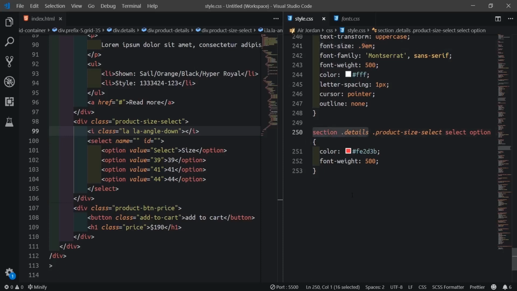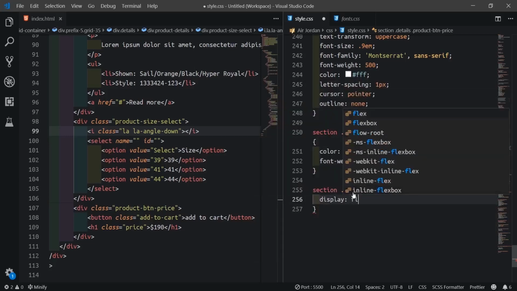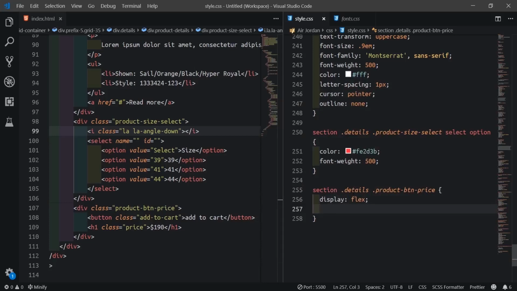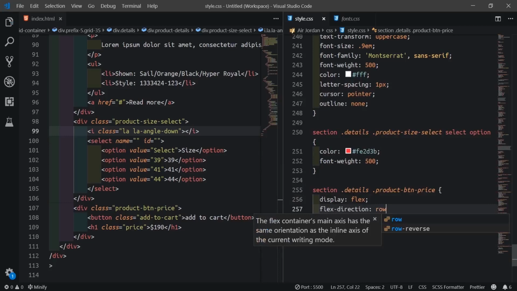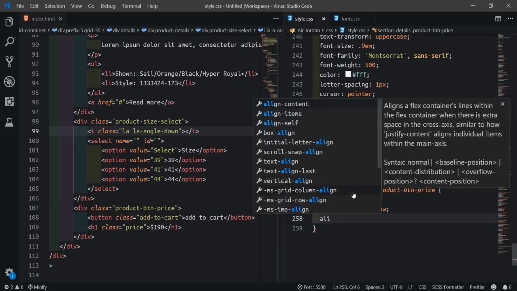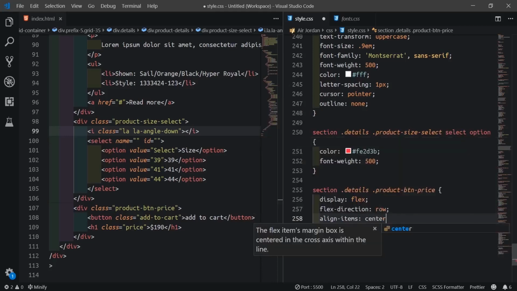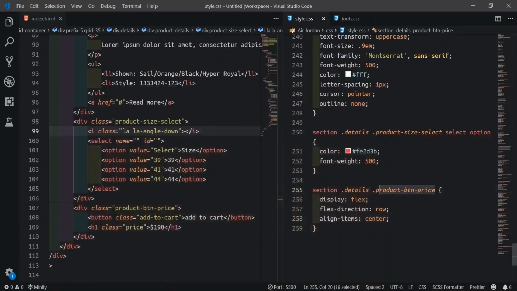So section details, then product BTN price and display flex, direction to be row, align items to center. Okay, then we'll target the button now.